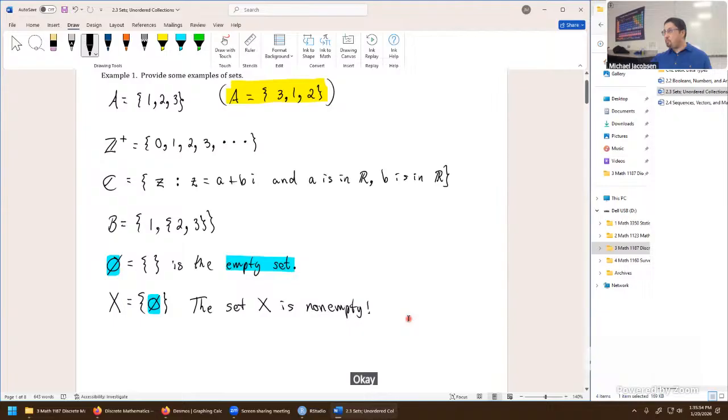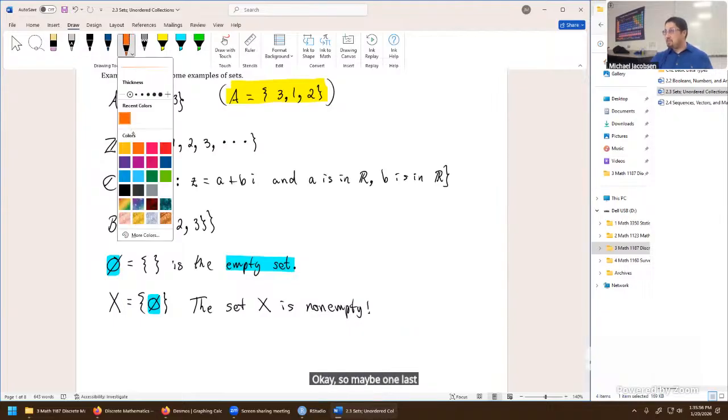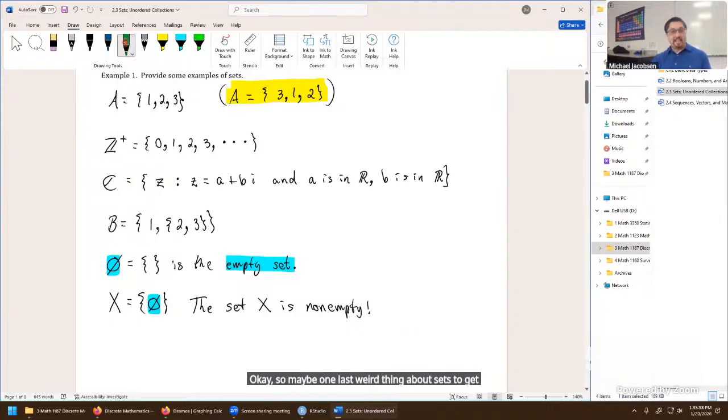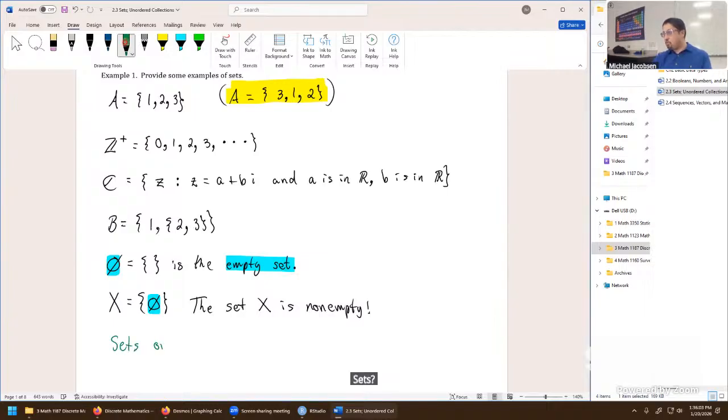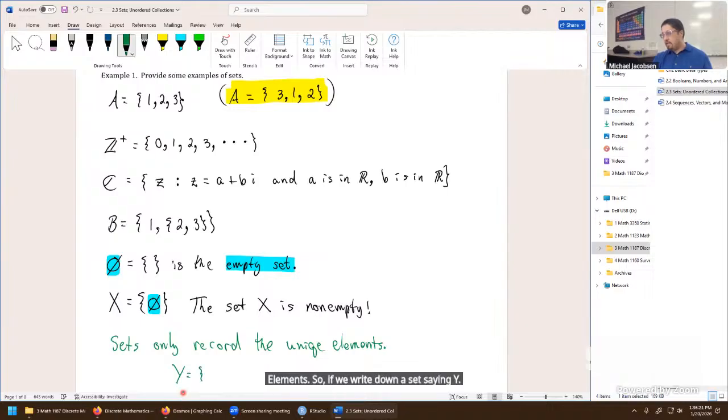Okay, so maybe one last weird thing about sets to get us all on the same page of thinking about these things is sets only record the unique elements. So if we write down a set, say Y, and if capital Y happens to be 1, 1, 2, 3,